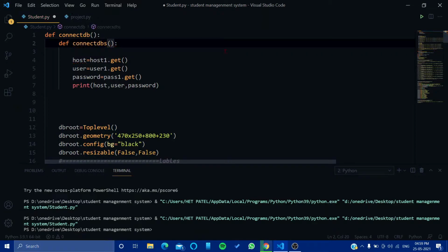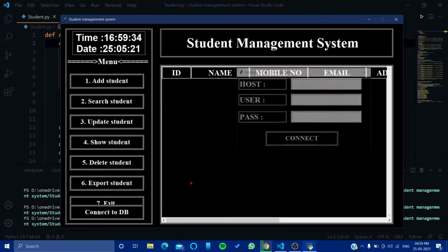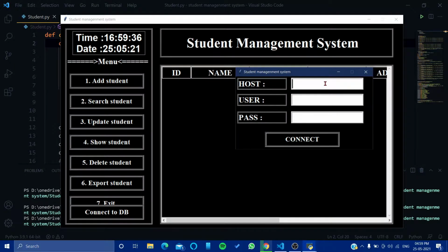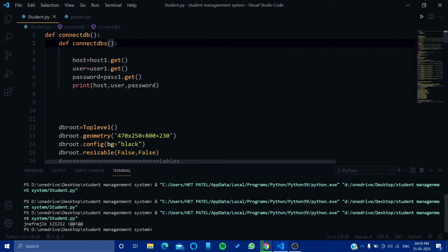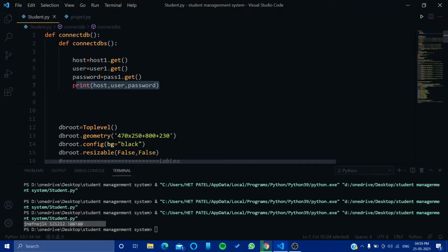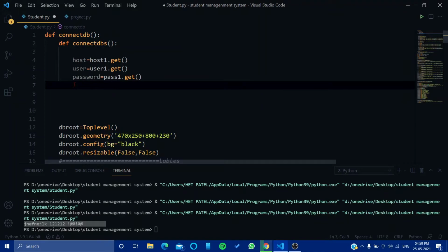We will run it and see what comes. I'll type anything over here, then a number, and then special characters. So here you can see that we have got all the things that we have entered. Now we will use these to get into it.